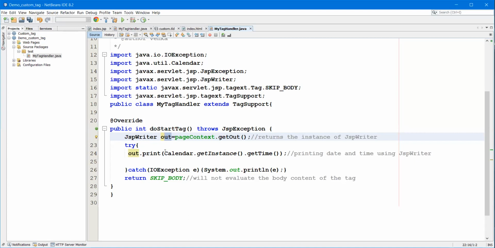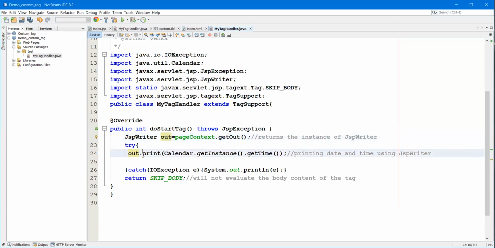What we are going to do by using this custom tag: suppose you need this date and time at different places in our JSP program, in each and every JSP program. Then we do this by using custom tags.